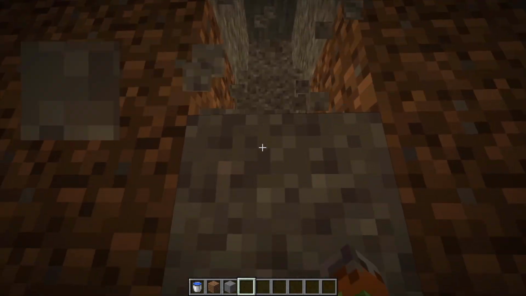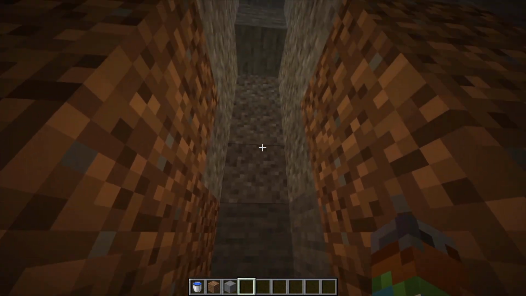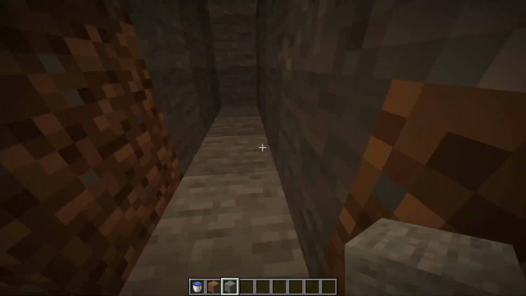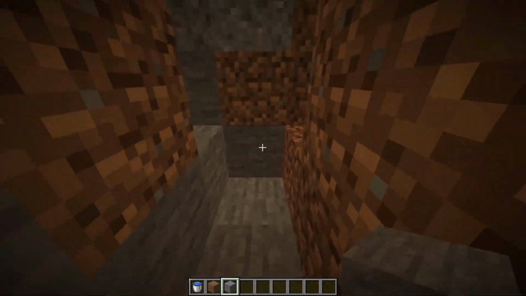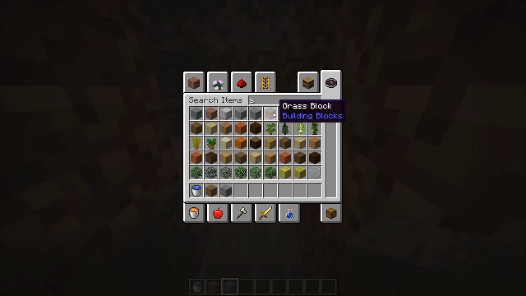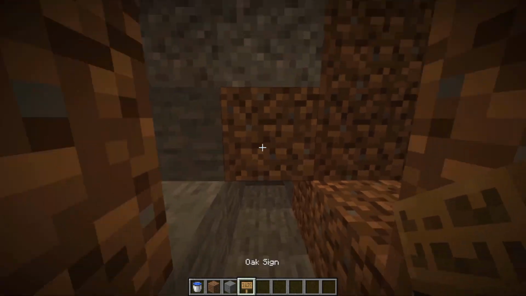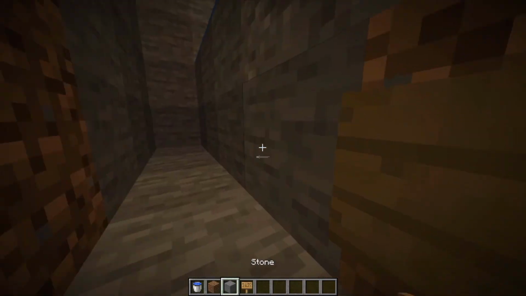Oh, there's gravel. Watch out for that, because that will be... Oh, nice, we have a lot of it. So make sure it's 3 tall like this, okay? And we're going to need a couple of signs now. So grab a sign, and you're going to want to place a sign here, because now we're going to put